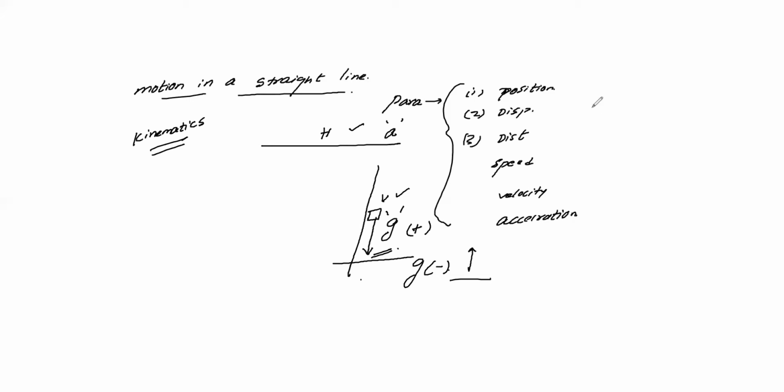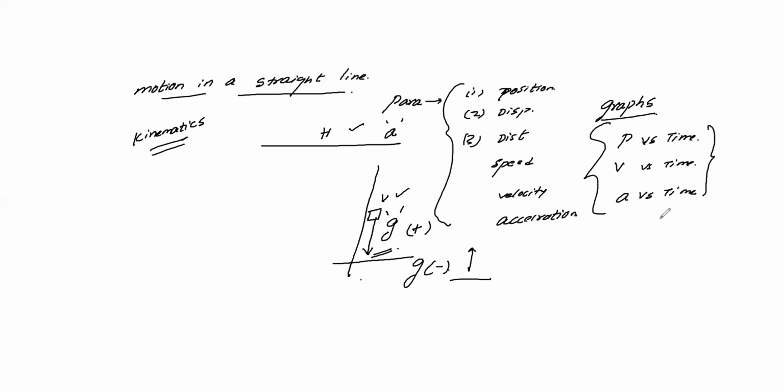After that, we are going to discuss some graphs: position versus time graphs, velocity versus time graphs, and acceleration versus time graphs. These graphs are important, and you may get problems on them. I'll make you practice more problems and concepts, so don't get worried. I'll explain clearly. Make a separate book for it. Whatever difficulties you have, please let me know. If you cannot understand, just stop me there and I'll explain once or thrice.